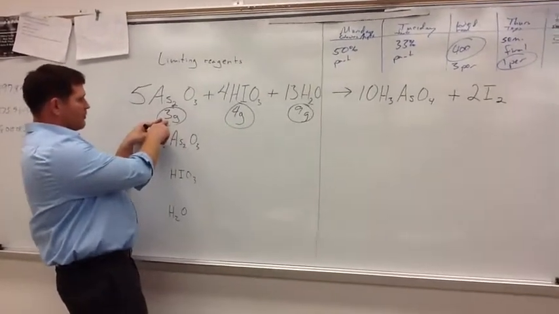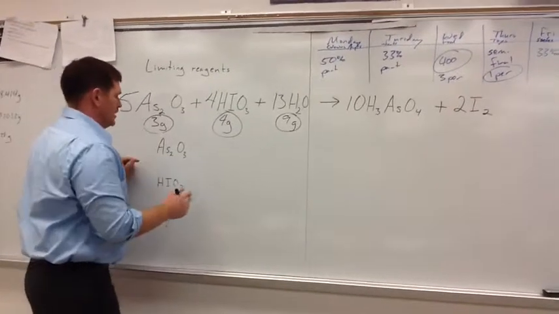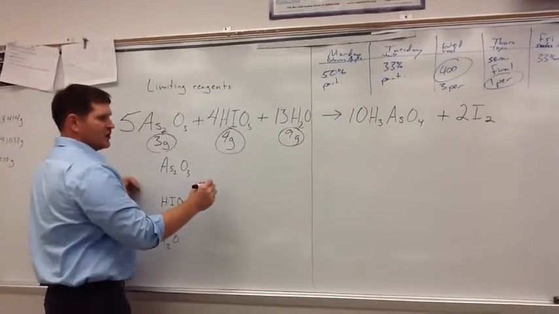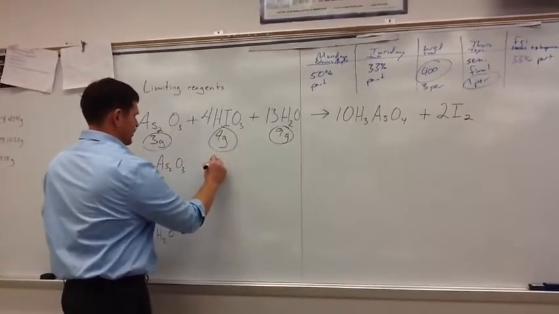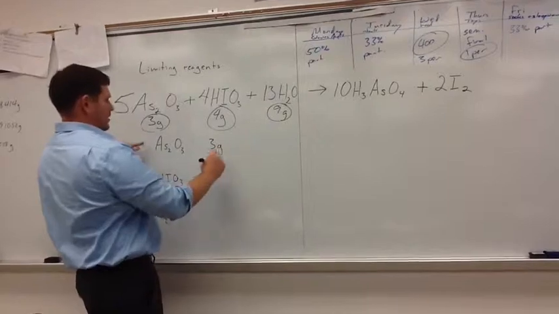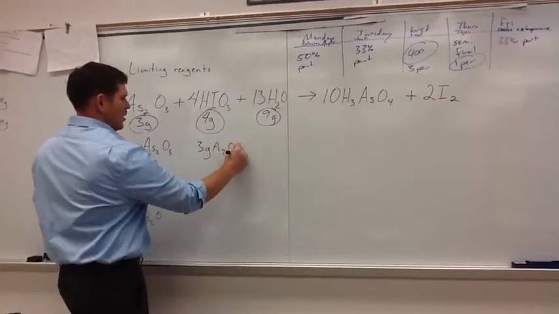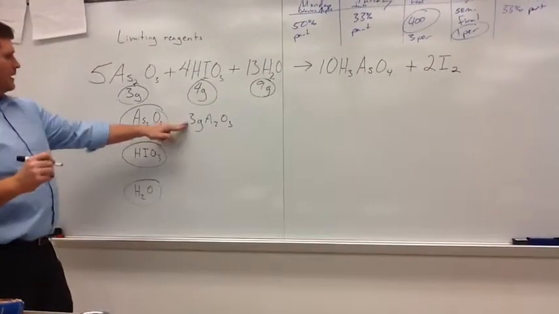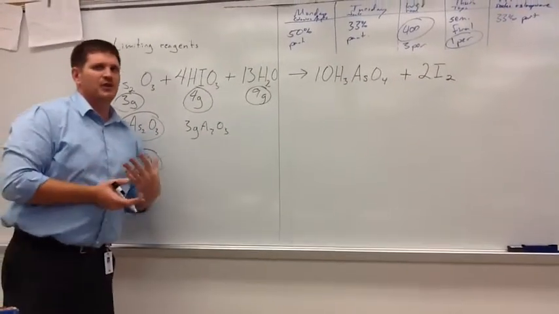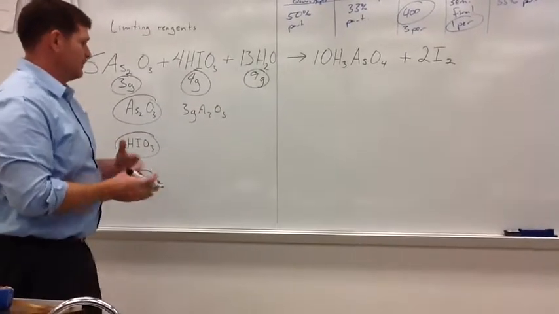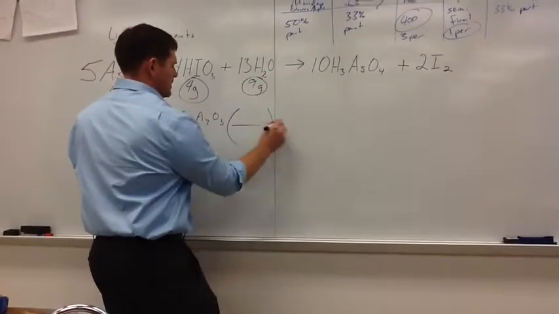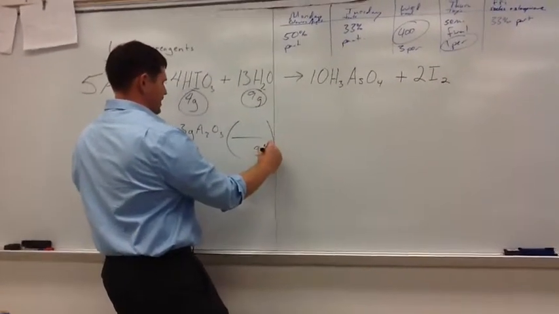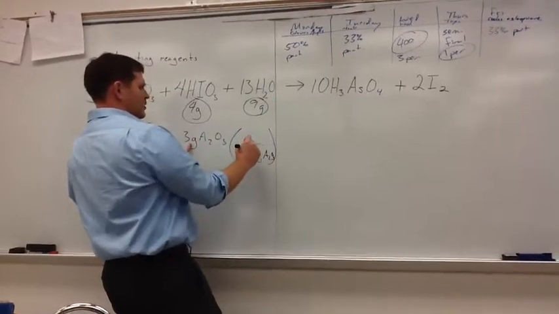Alright, so if I have 3 grams of As2O3, I've already taken the time to write this down. So let's go ahead and start our stoichiometry problems here. So if I have 3 grams As2O3, I'm just going to mark these over here so I know where I'm going. Alright, I need to get this into moles, because every time we're doing these problems, I always have to go to moles. I'm not even going to write in stuff yet. So this is going to be grams of As2O3, and that is going to yield